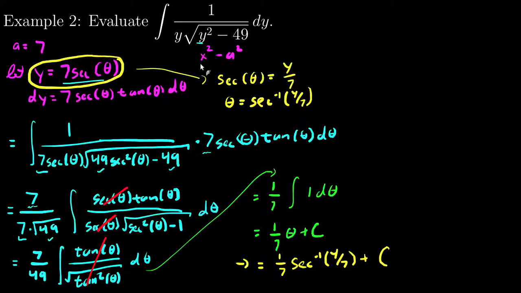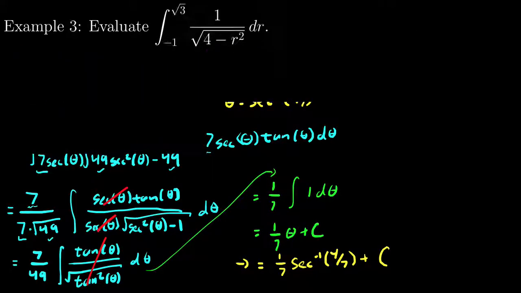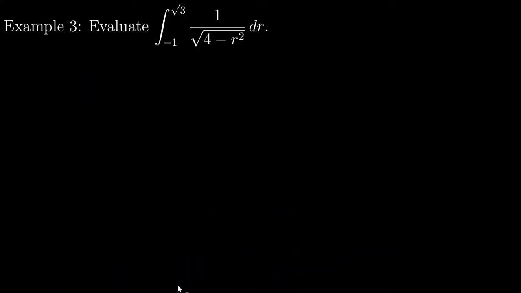So those two were indefinite integrals. Let's look at a definite integral. In this one, we want to evaluate the integral from -1 to root 3 of 1 over the square root of 4 minus r squared dr. And I see that this is the a squared